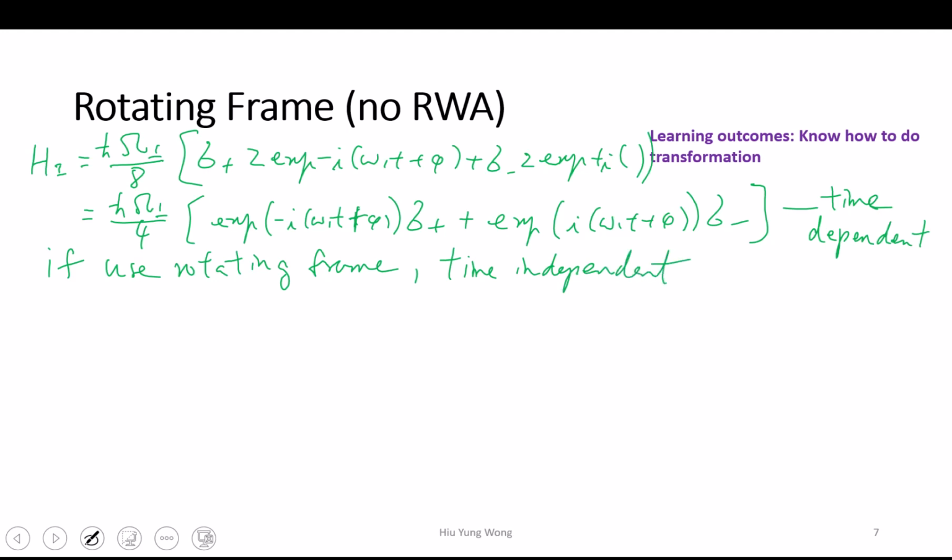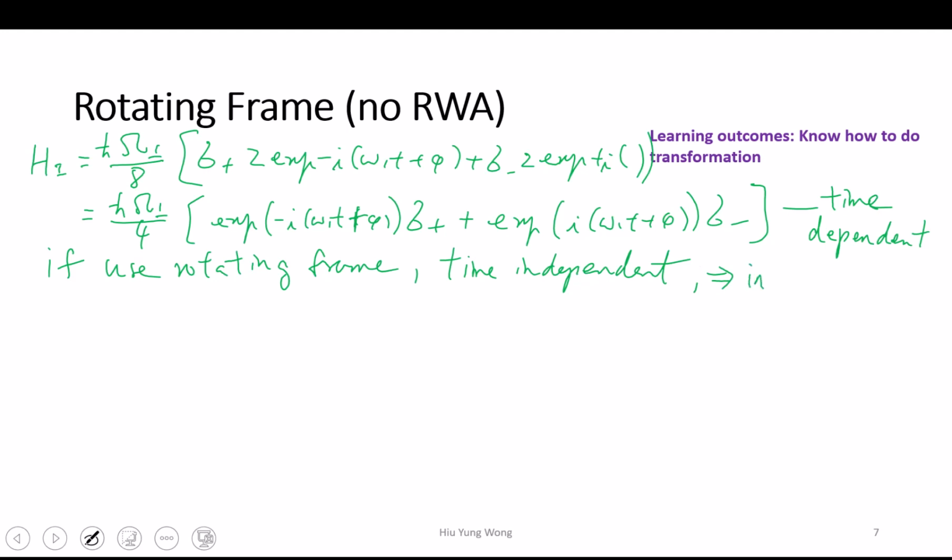This is just the idea. It's just that you stand on the merry-go-round. If you stand outside, you see, wow, the merry-go-round is rotating. You jump on the horse, then you don't see it's rotating, actually, if you cannot see the outside world, right? Of course, you feel centrifugal force, all these things, but you don't see it's rotating, right? So we want to go to the rotating frame, because once that is the case, then we can